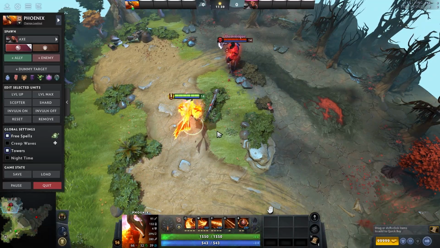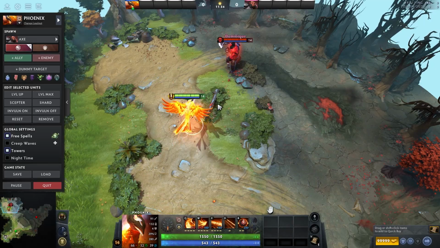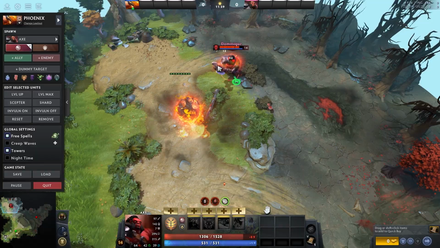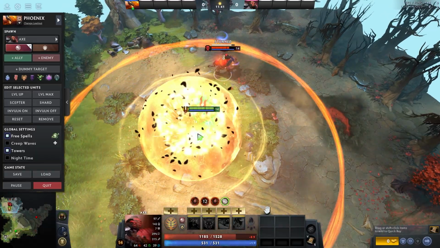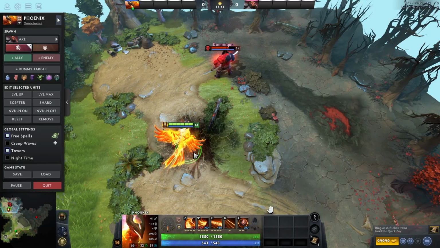Then lastly, we have Phoenix's big team fight ultimate, Supernova. So basically, you can just press this ability, and then you become an egg, and you burn everything in an AoE, and then after a short delay, the enemy gets stunned, takes damage, and you refresh all of your cooldowns, your health, and your mana. So you can bait the